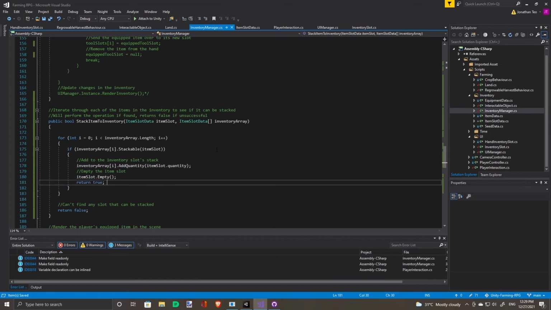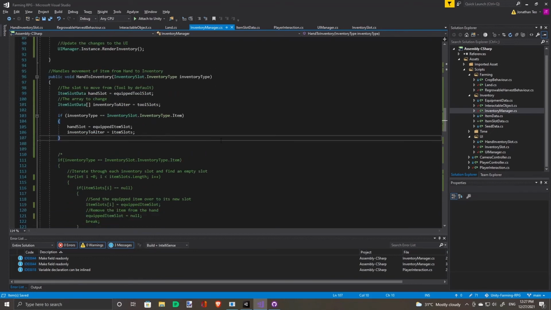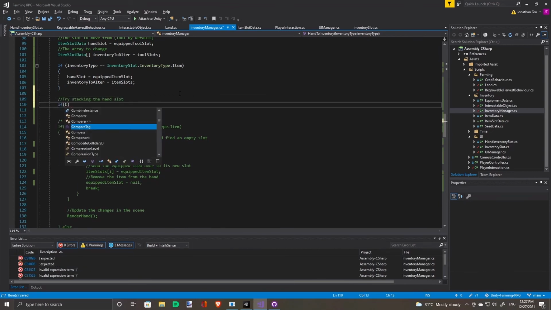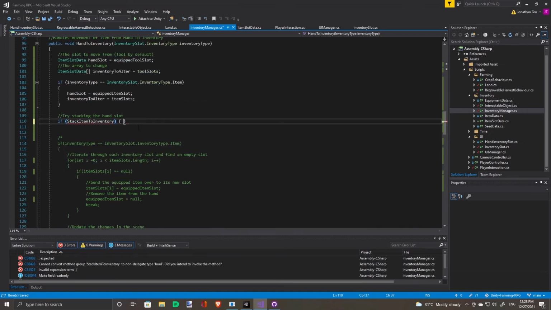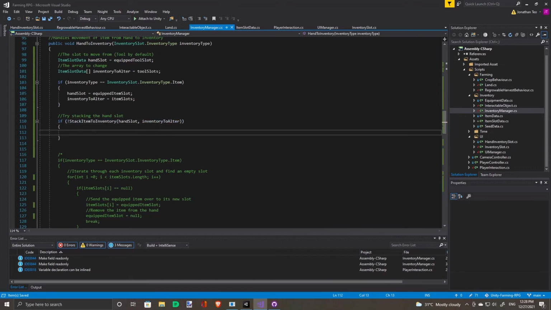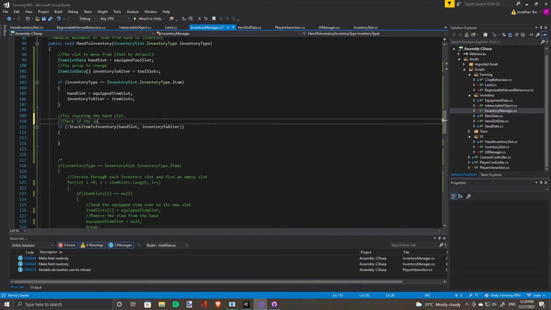Go back to our hand to inventory function. So now we just have to try stacking. If it cannot stack, it will move to an empty inventory slot.